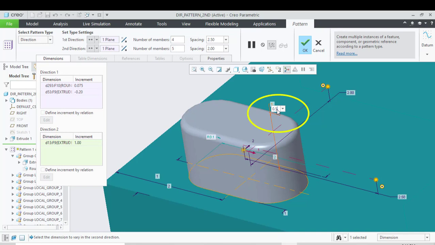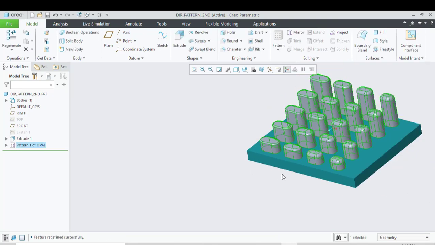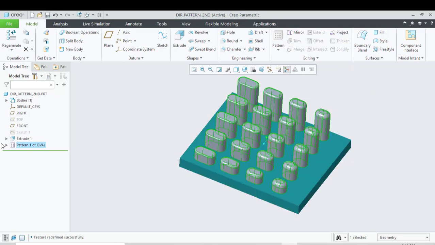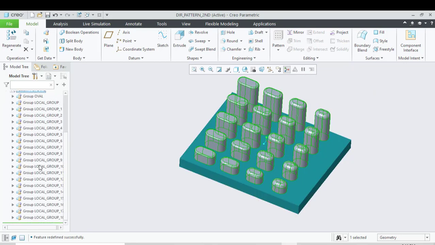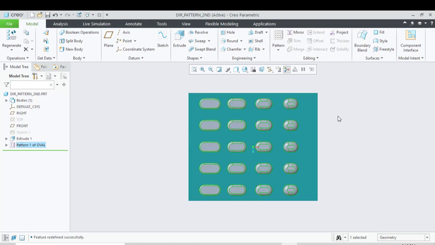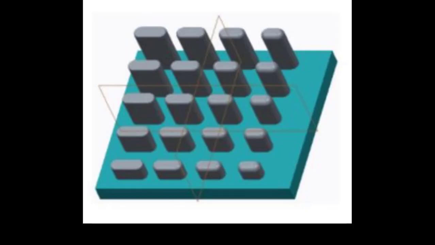Second direction dimensions. Now you can see that in the direction 1, that is to the right, the extrude width has been decremented. It's been reducing 0.2 from the previous instances, so the size is reduced, as well as the radius increased from 0.1 to 0.175 plus 0.75 to the next one. Similarly, in the second direction, the height increased with an increment of 0.5. If you compare the height with the previous one, it will be more than 0.5. So here we are able to achieve a varying pattern in both the directions.